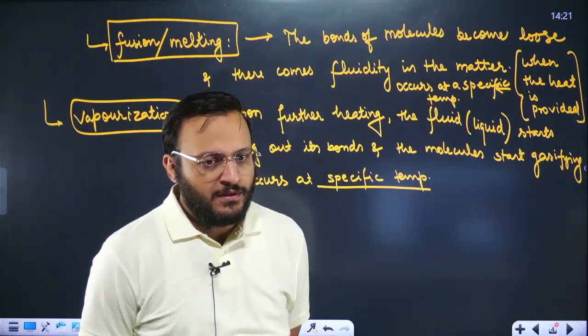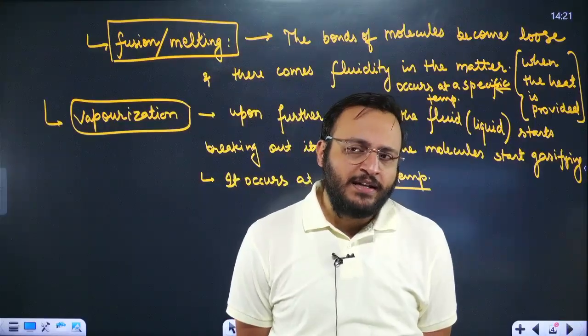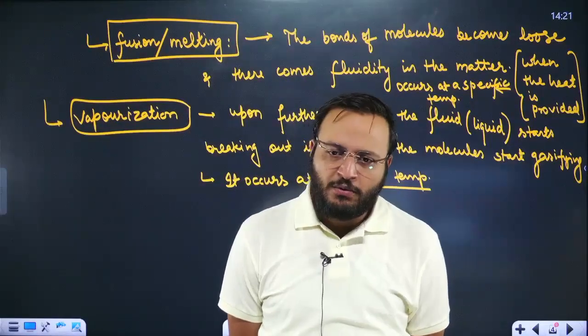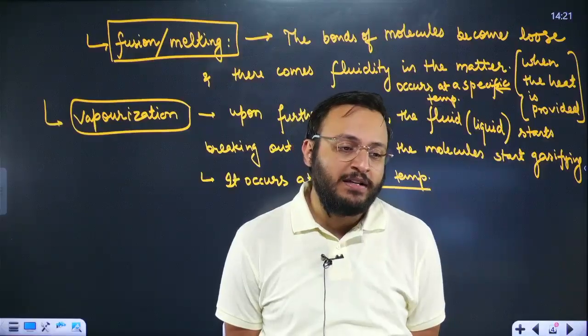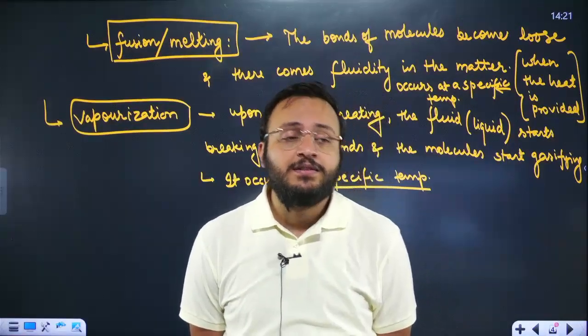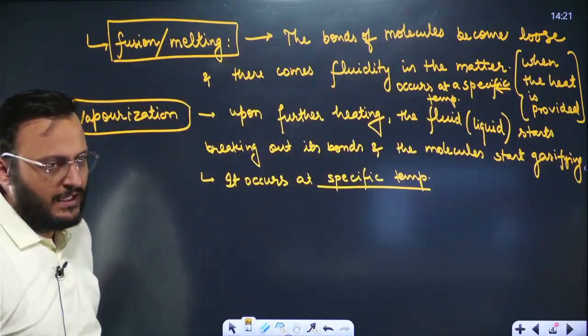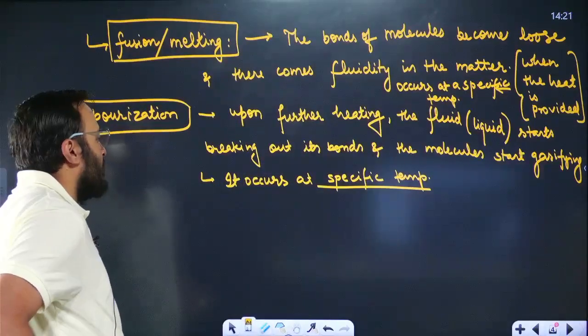Are you getting the thing here? So iron has a different melting point, aluminum has a different melting point, plastic has a different melting point, different types of plastic have different types of melting points. Okay, so each of the points are very fixed in the temperature value. Then guys,